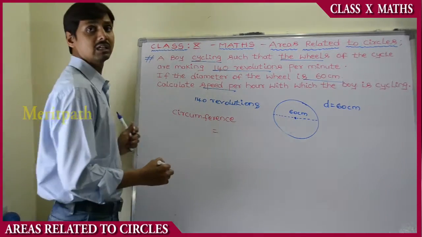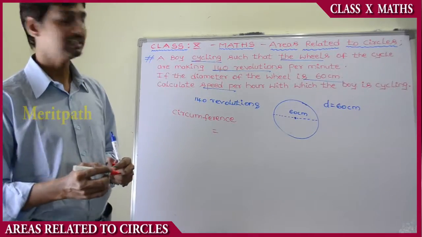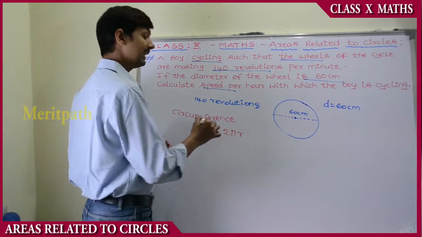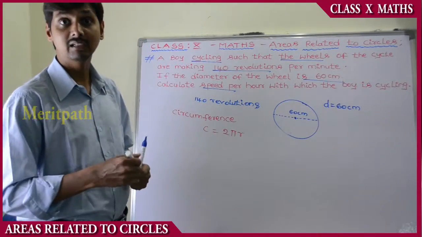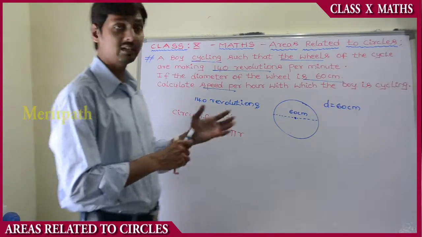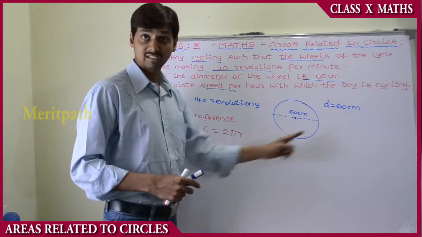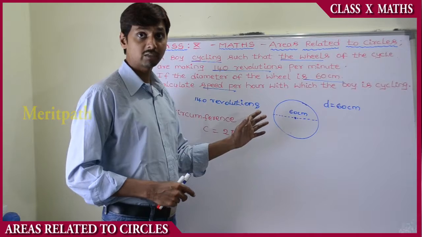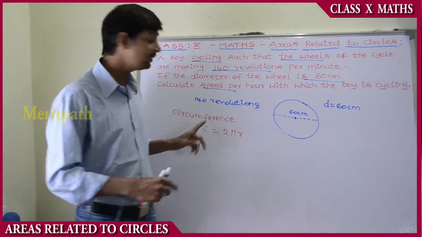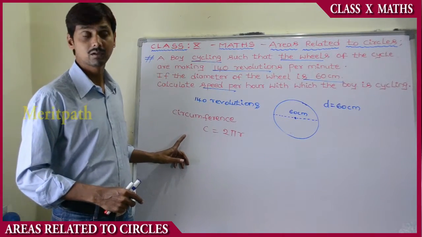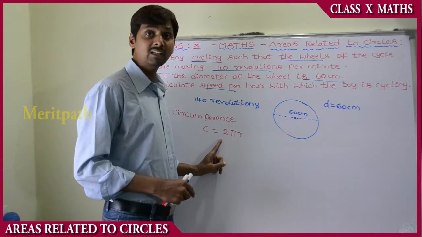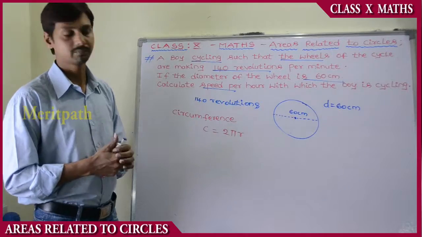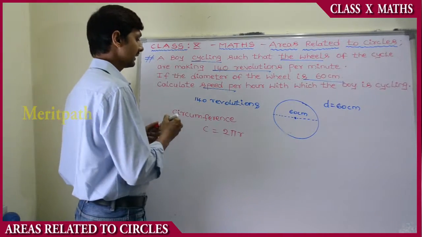We have learned the circumference of the circle is nothing but 2 pi r. The reason for taking 2 pi r here is that the wheel is making rotations, so it's nothing but the perimeter of the wheel. It completes 140 revolutions, so we need to take the circumference of the circle. So here, let's find out for one revolution what is the distance covered by the wheel. So C is equal to